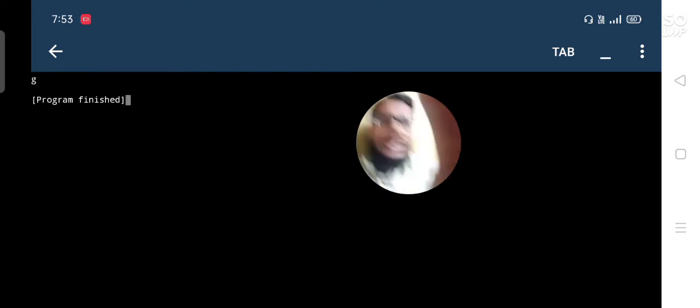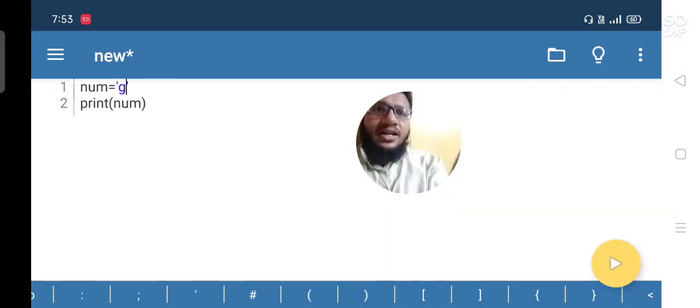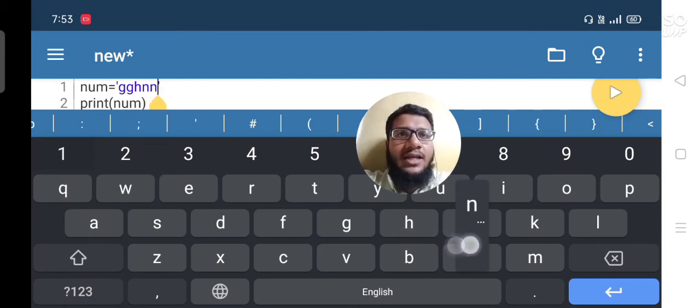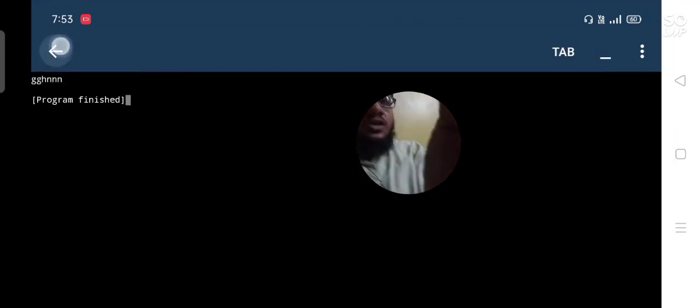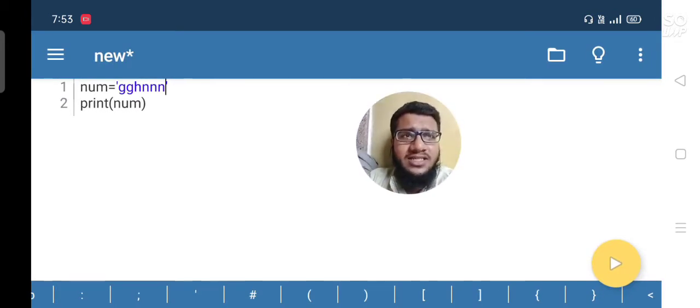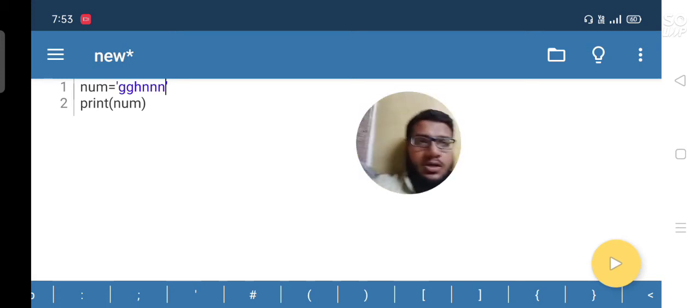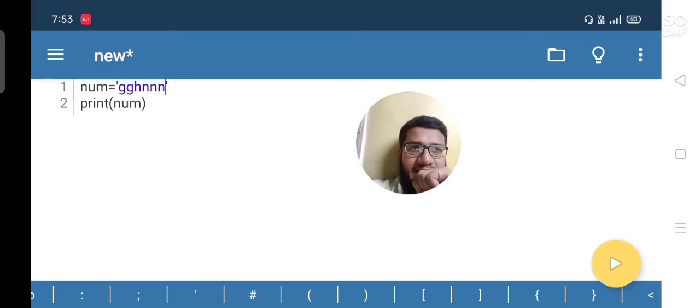You can see G has been printed. If I write more things like this and print, it is also printed. So here you can use double quotes and single quotes for printing any type of string or character on your console window.